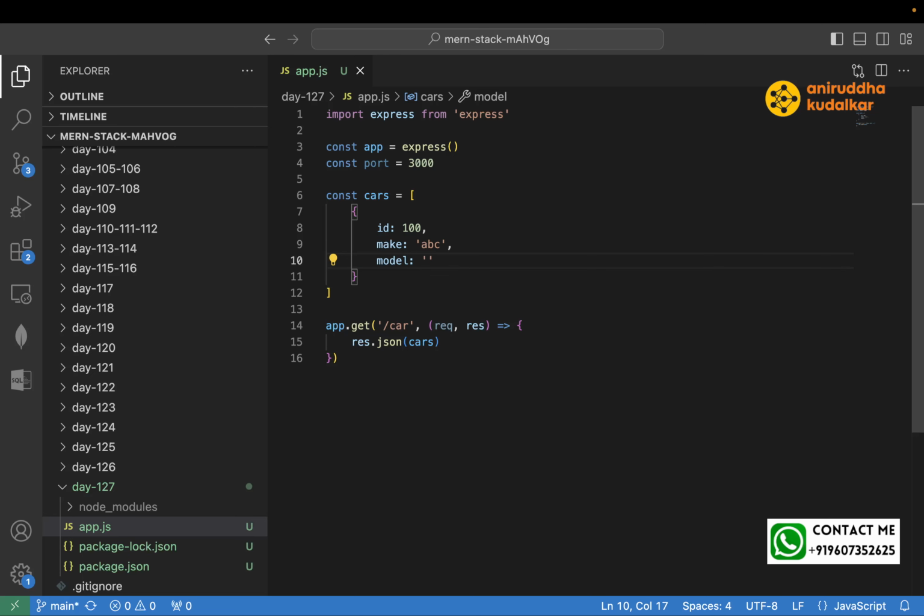any keys we can have. Model is AAA, and manufacturing year we can say 2020-01-01. Okay, this is the manufacturing year. We don't need a date, just year. See, now it is simple, but